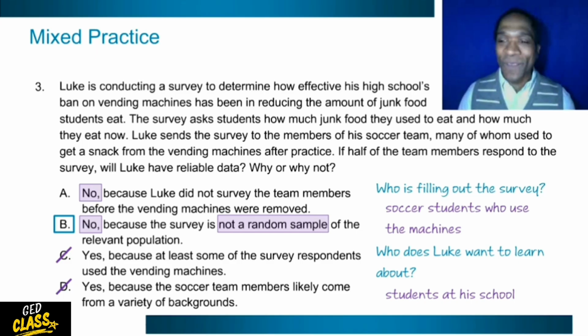All right, now that we've tackled questions about samples, symbols, and formulas, also we tackled visual data,